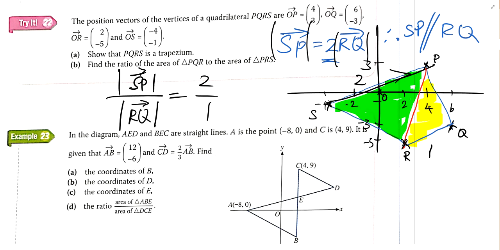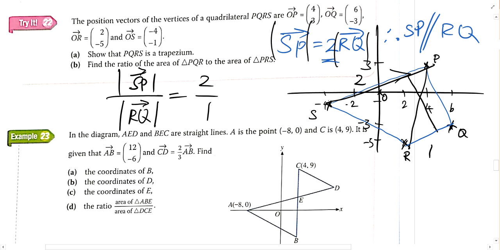What? P, R? No, the answer is we don't know where the common height is, or rather, we don't know whether PQ is the common height, because they didn't say that this is 90 degrees. They didn't say that this is 90 degrees. Okay, so instead, what you should be saying is,